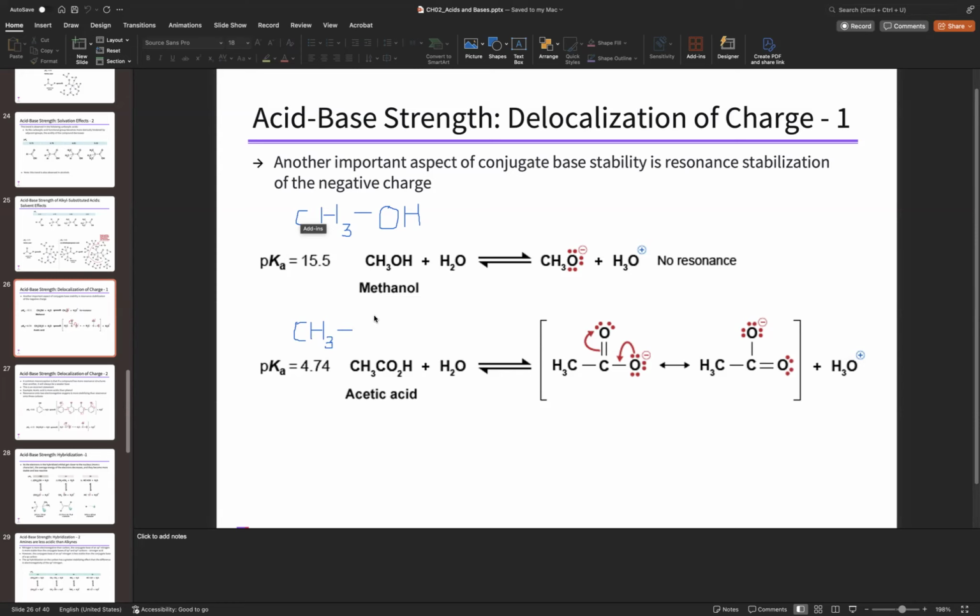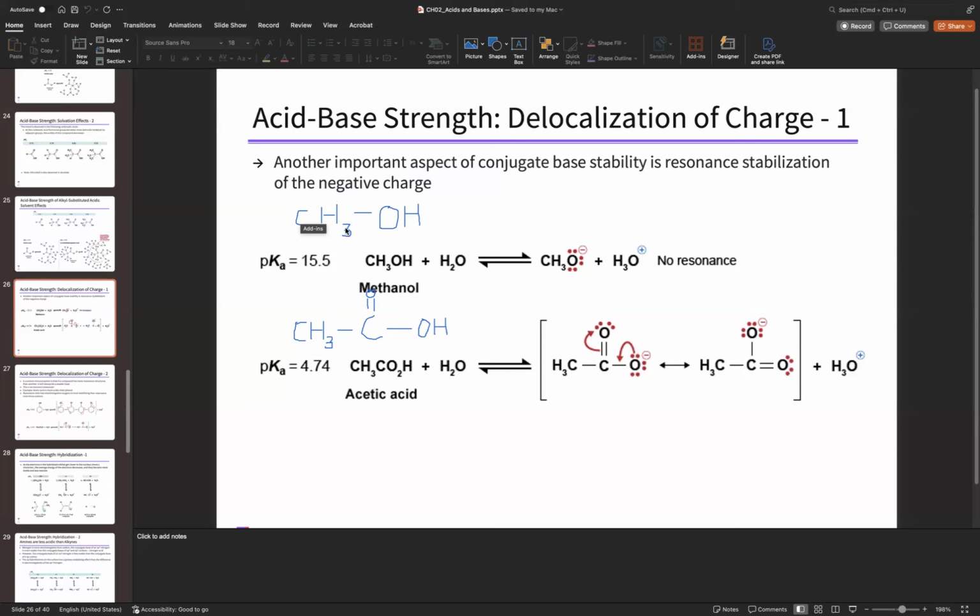But then we are going to interject this group, carbonyl group, C double bond O, and then have OH. That's acetic acid. So there is a way to compare and contrast them. Simply, acetic acid has this carbonyl group between the CH3 and the OH, while methanol does not have that carbonyl